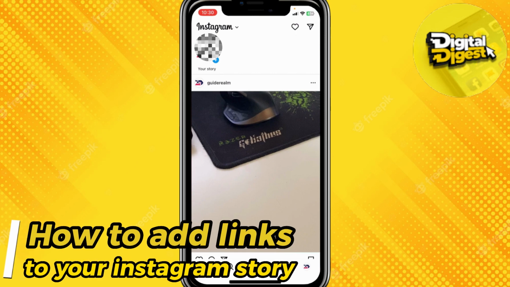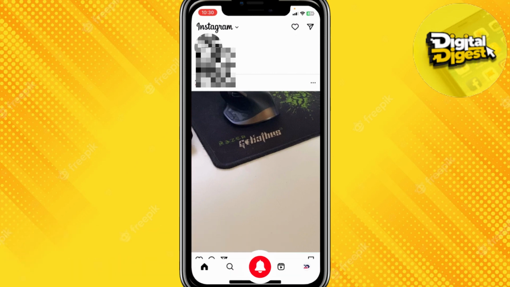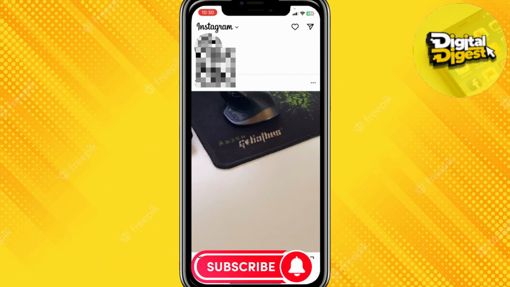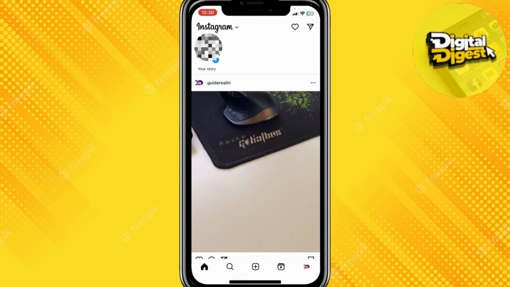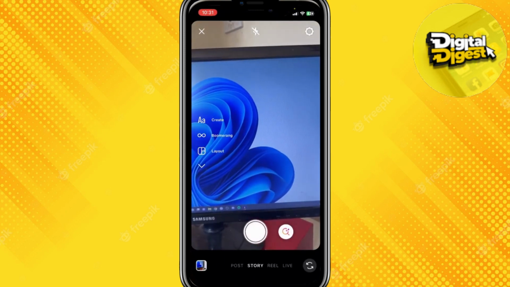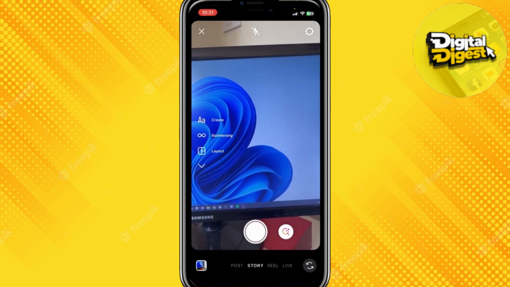Your Instagram story. So let's get started. So the first step is to open your Instagram application, and once you have opened your Instagram application you can see this interface. Alright, so the next step is to go to add story, and over here on the bottom